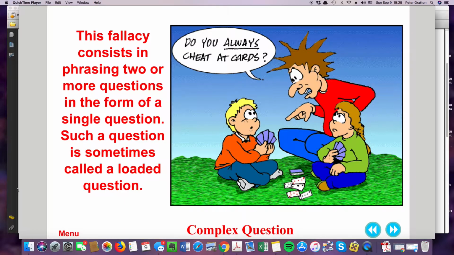Do you always cheat at cards? Well, there's no way for this kid to answer that without saying either, no, I don't always cheat at cards, which means that he sometimes does. Or he says yes, and then he always cheats at cards. In other words, this is actually often used in police interrogations,